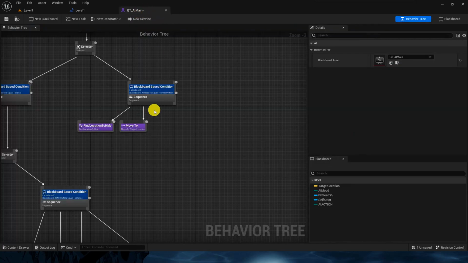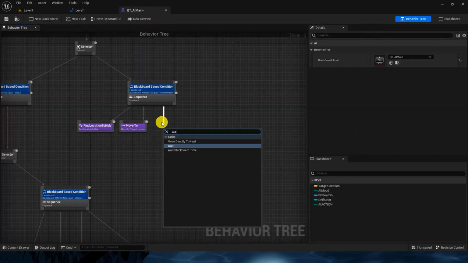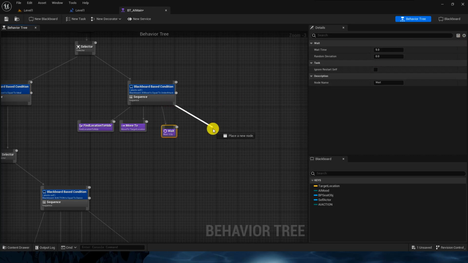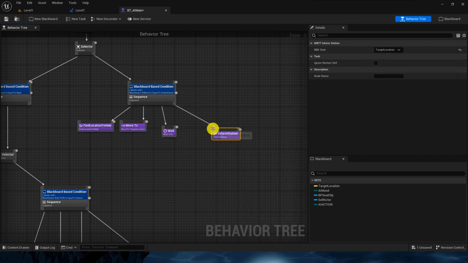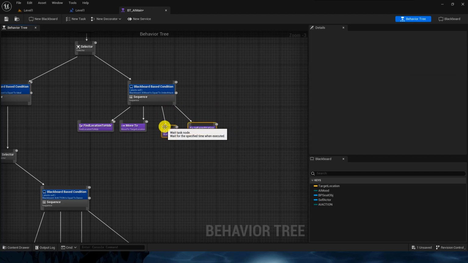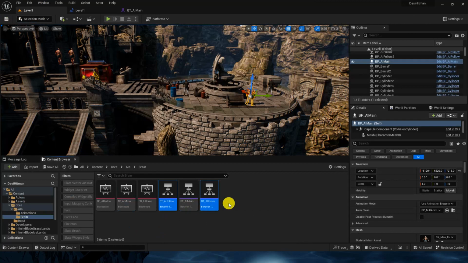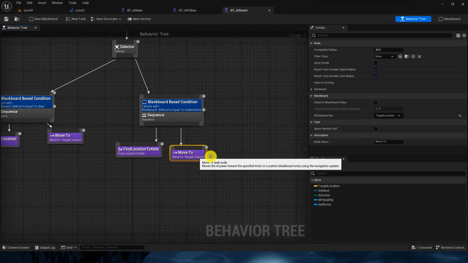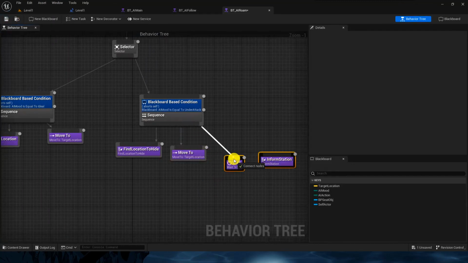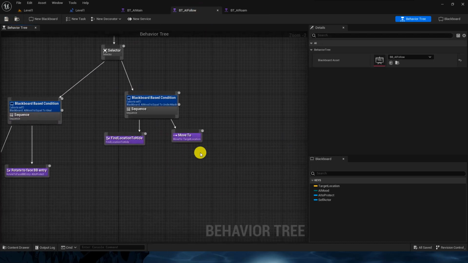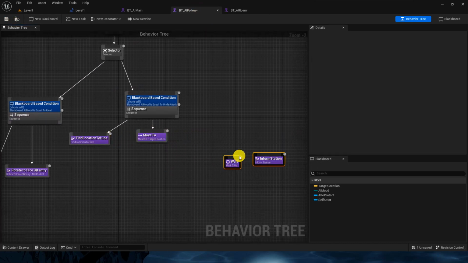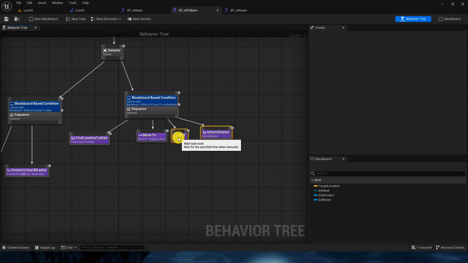So go to the AI main. I will put one wait of 5 seconds, then Inform Station, and I will copy paste it, save. I will again open for these two. We'll do the same, because as soon as I am finding something out, I will just inform the center. Follow, again same.